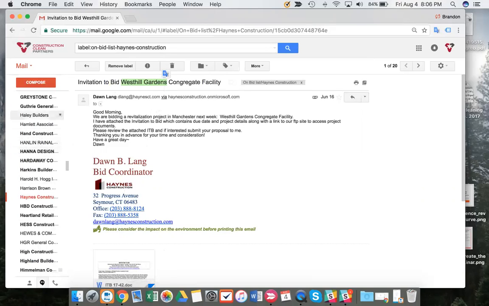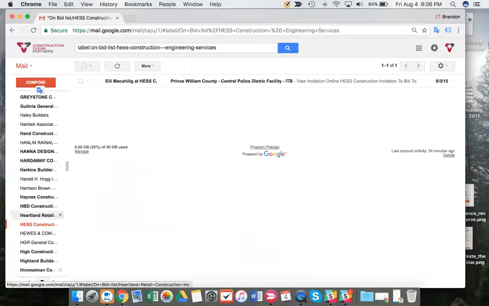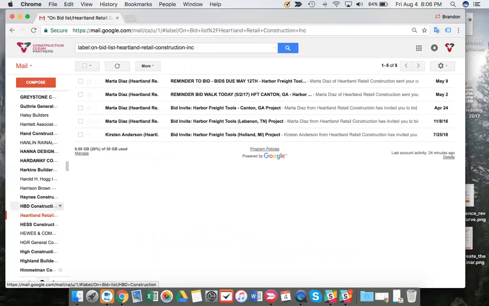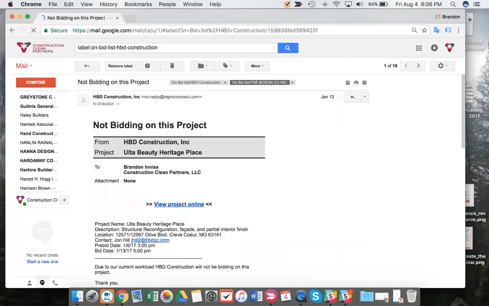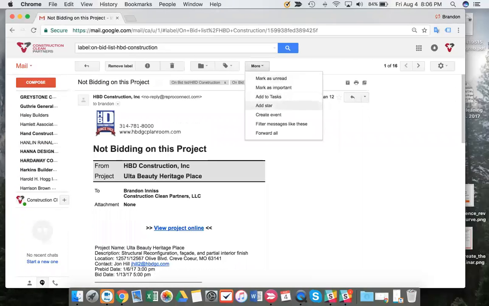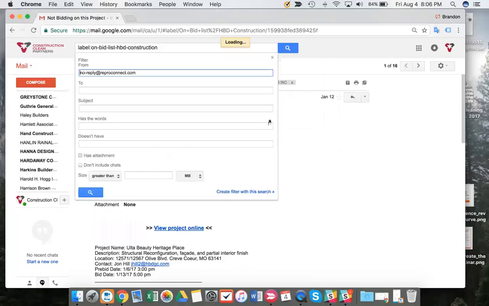And we're talking about how to filter and create labels for construction companies who send you invitation to bid requests, and we're creating labels and folders. And I was just going over how you can tell that we have labels that don't belong in some folders. And this needs to be fixed by not just filtering messages like this,